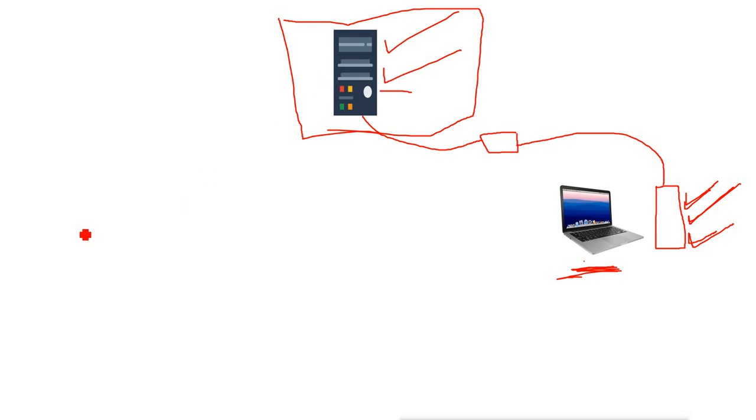And on the client side we have only the monitor where the user will see, and then we have a small thin client device. It is a thin client device which has an option to connect the monitor, the keyboard, the mouse, and also an option to connect to the network.